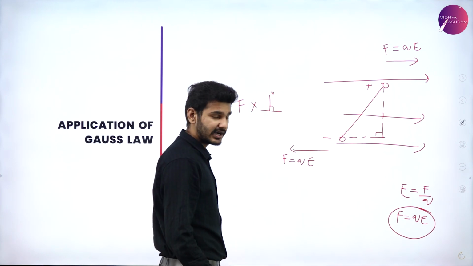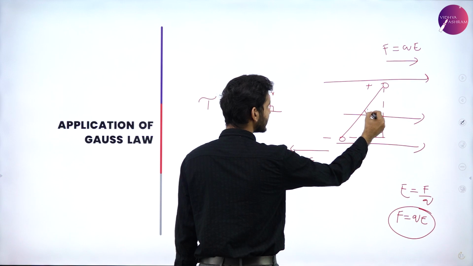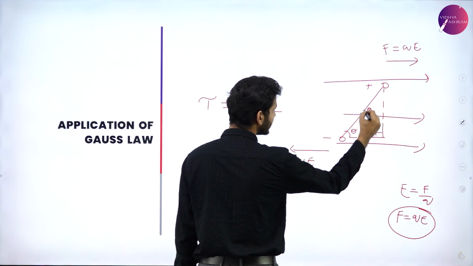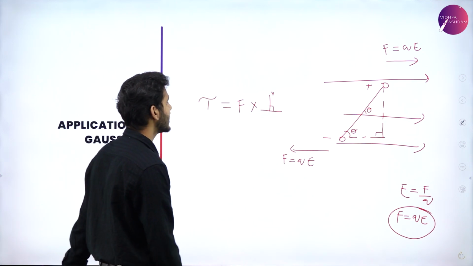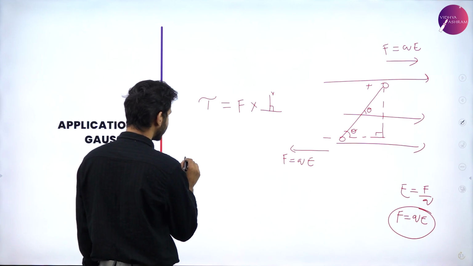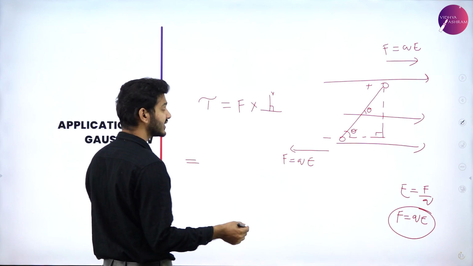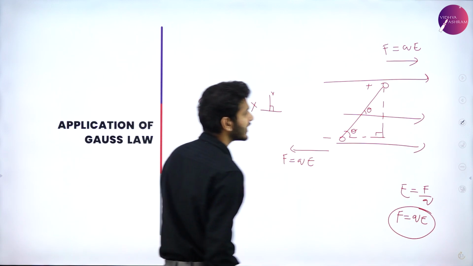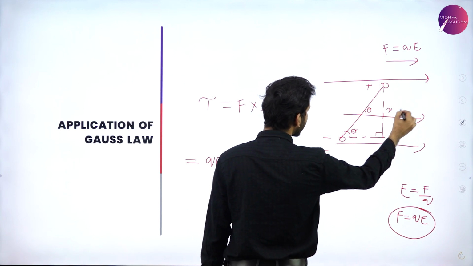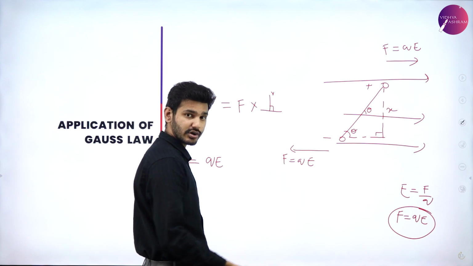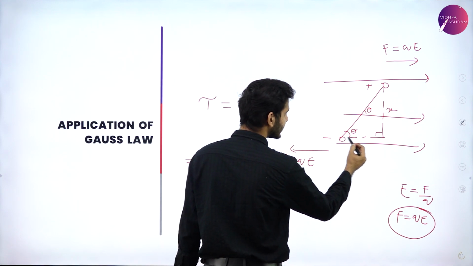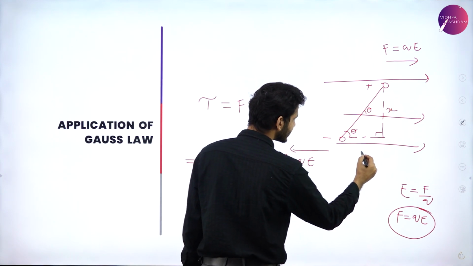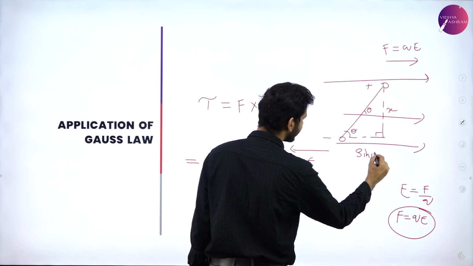So this will be a 90-degree angle, and if this angle is theta, this angle will also be theta due to geometrical concerns, and we can say that the force experienced can be found out. We already found out that the force experienced will be equal to Q times E, and to find this distance, which is x, we use the Pythagorean theorem, which states that if this is cos and this is sine, sine theta will be given by